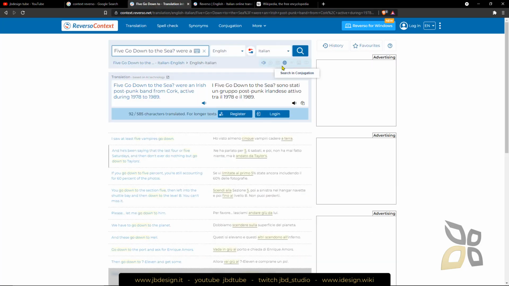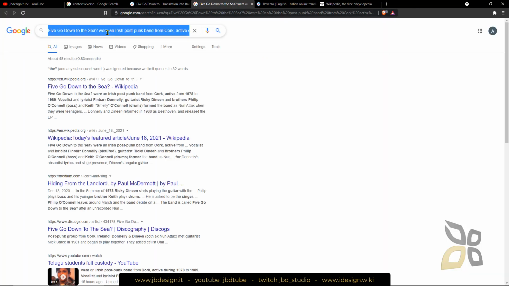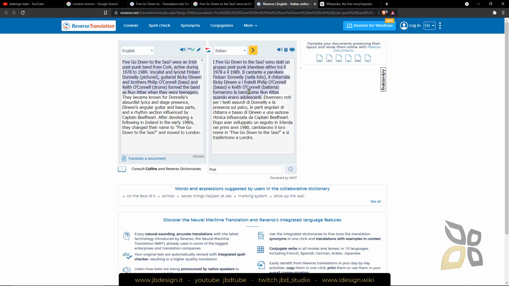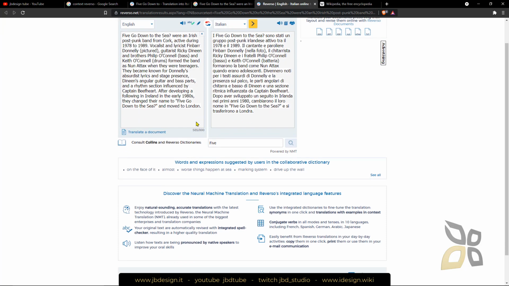And you can also use this web search to see if that particular phrase, those particular terms, or that way of saying something is actually used on the web or in a language. You can do some research, depending on how deep and how professional you need to go with a translation. But this is a really good tool to start and then move on with more in-depth translation. So what else here? Yeah, that's it.